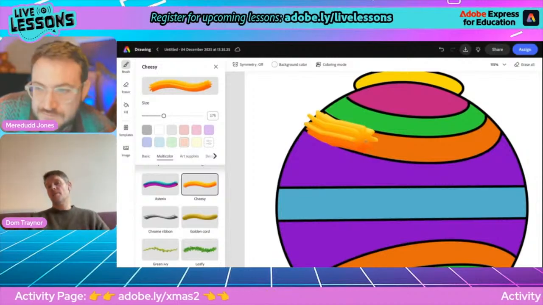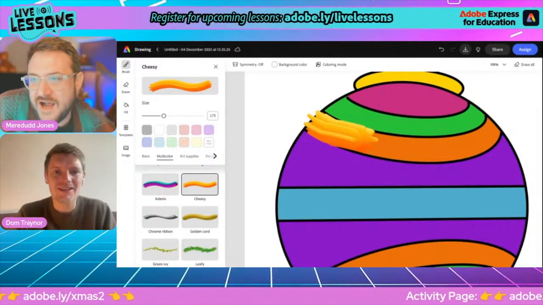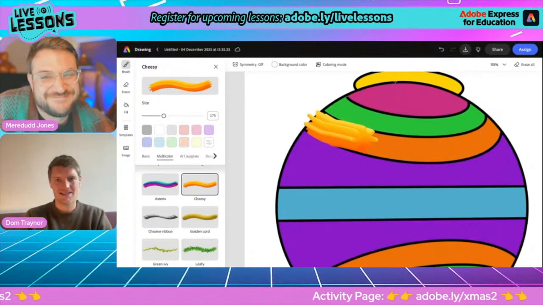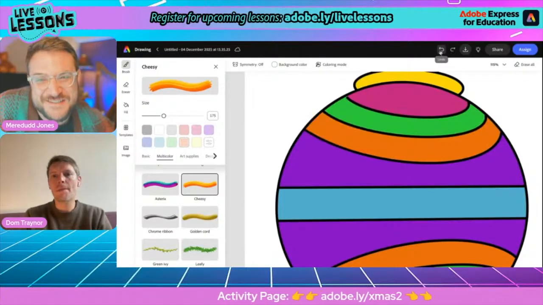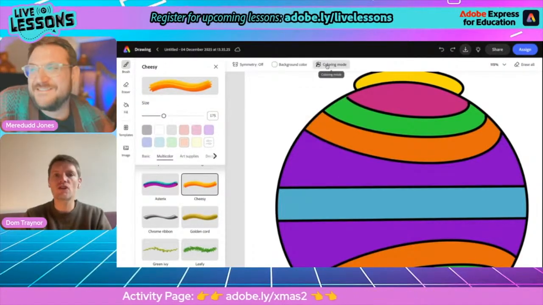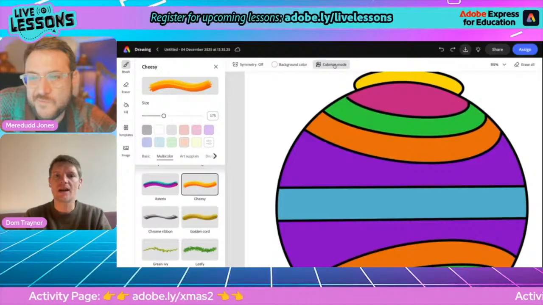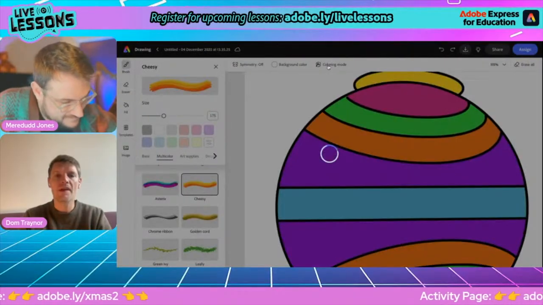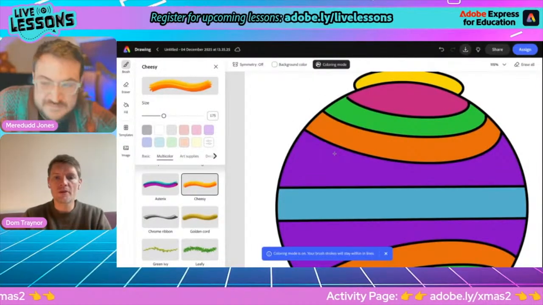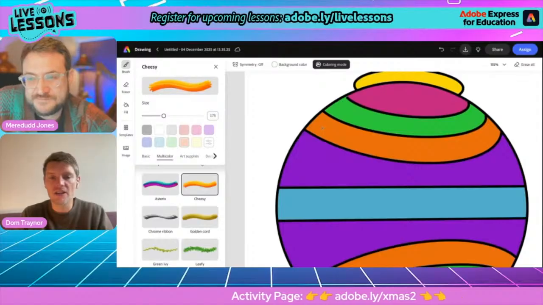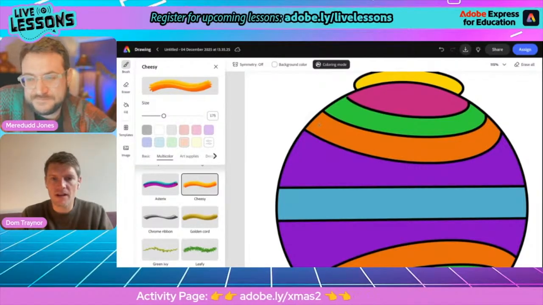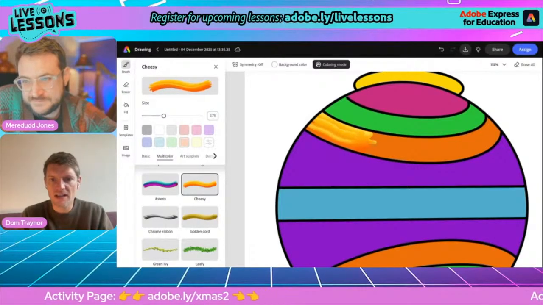Now this is a problem because I don't want it to color outside the lines, you see. So I want to go to coloring mode. You can see it here, coloring mode. And what that means is that wherever your brush strokes go, they will stay within the lines. So I've got my crosshead there right in this orange section. And then,